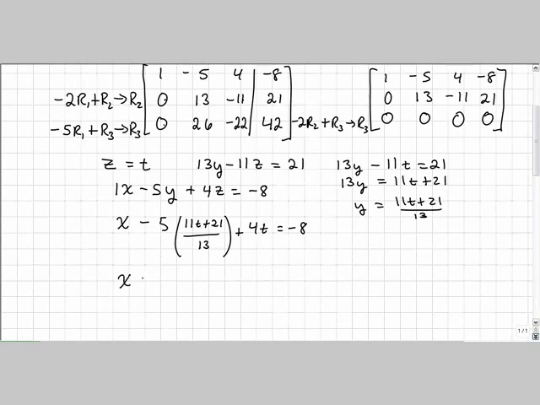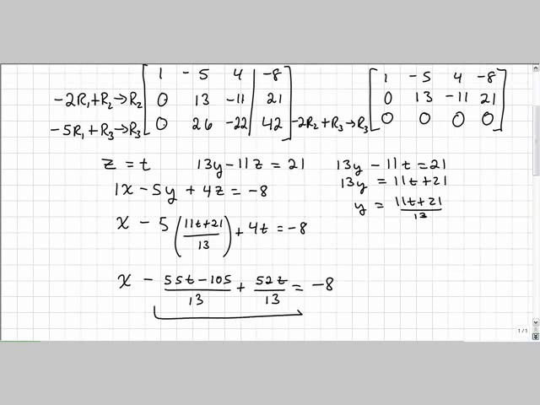So x, go ahead and distribute the 5. It's going to be -55t minus 105 divided by 13, plus, now I'm going to get a common denominator here. So 4 times 13 is 52, so this is like 52t over 13, equals -8. All right, so combining these here, I'm going to get x minus 3t over 13 minus 105 over 13 equals